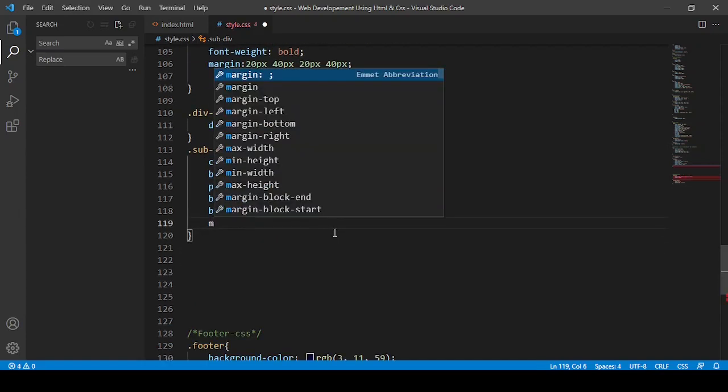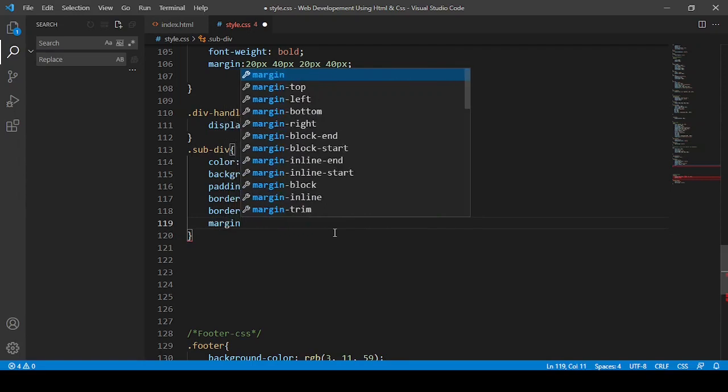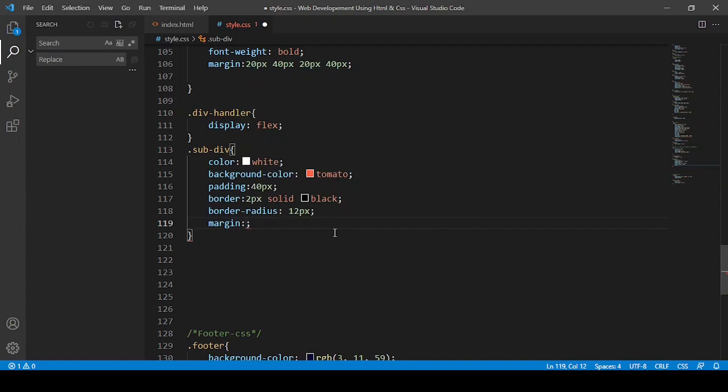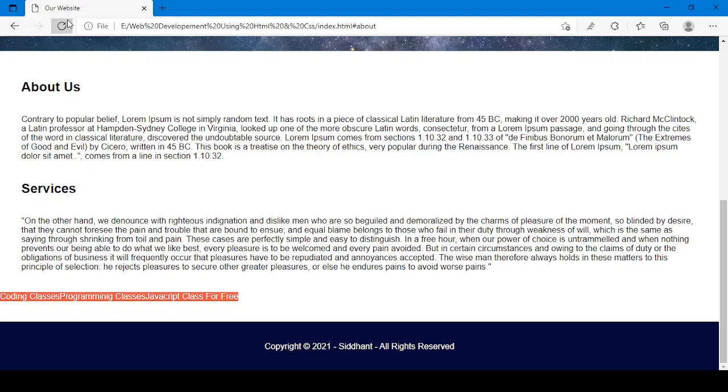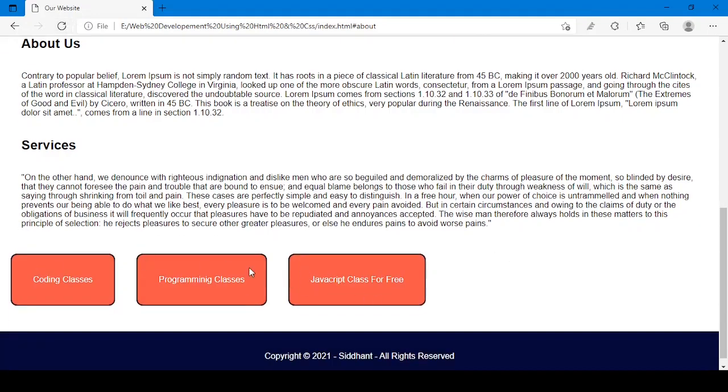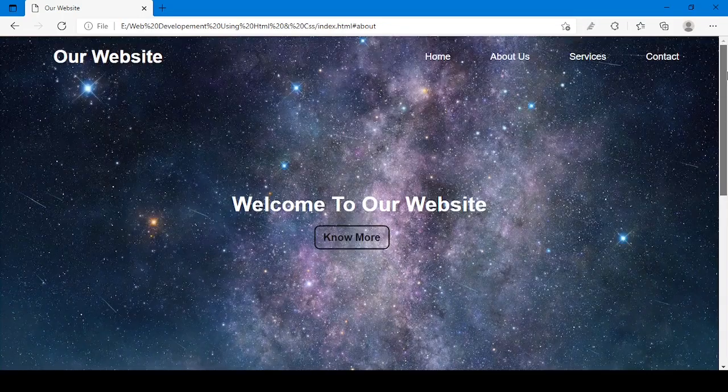After that I'm going to say here margin. In that margin from the top I want a margin of 10 px, 20 px, yeah, 20 px, 10 px, 20 px, yeah. And if I just save it now and reload, see now, yeah, it looks amazing, isn't it? Now I'm going to use more CSS in it,